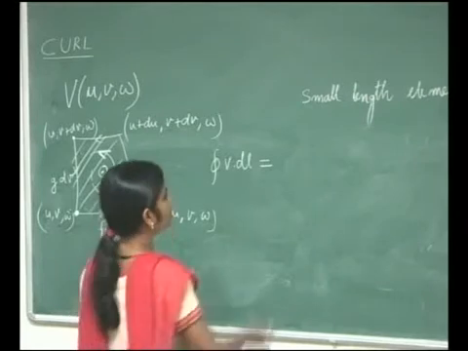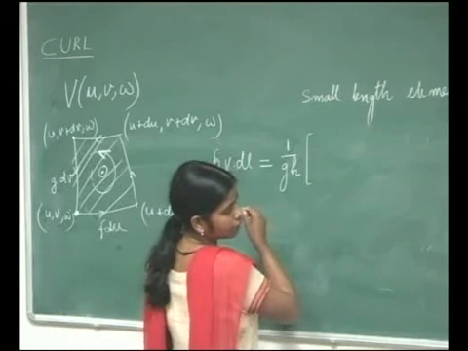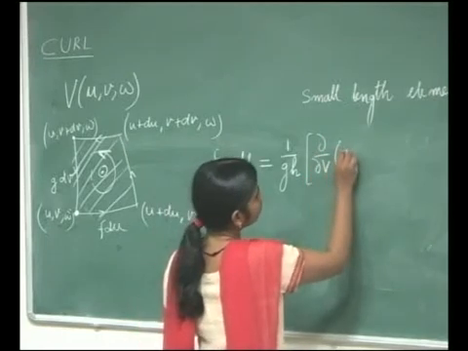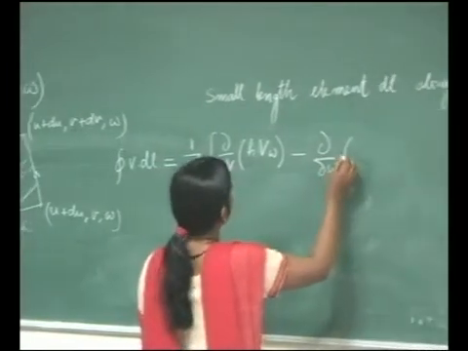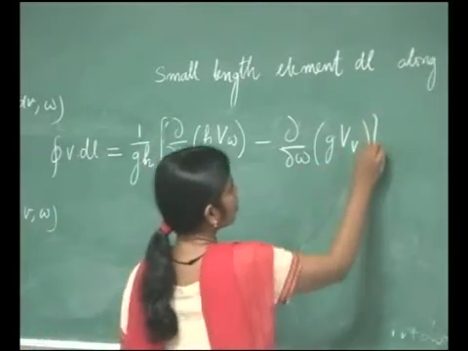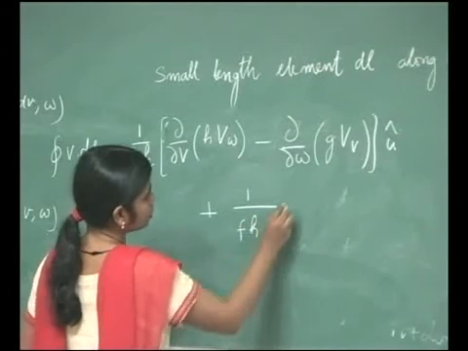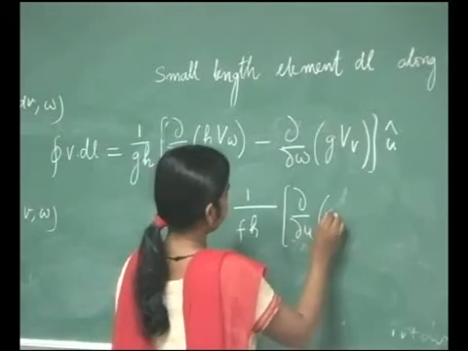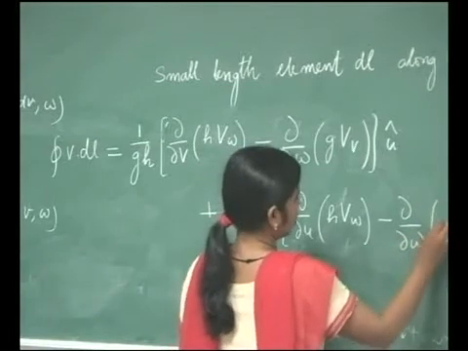So along the U cap direction it would be 1 upon GH del by del V H VW minus del by del W G VV, U cap plus, for the V cap it would be 1 by FH del by del U H VW minus del by del W FVU,